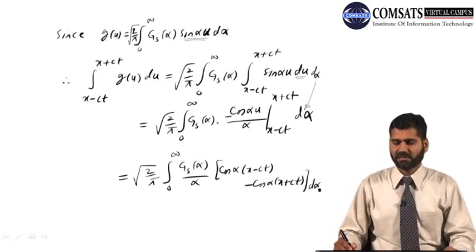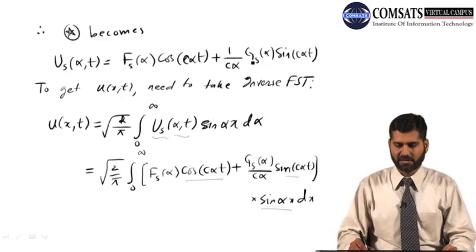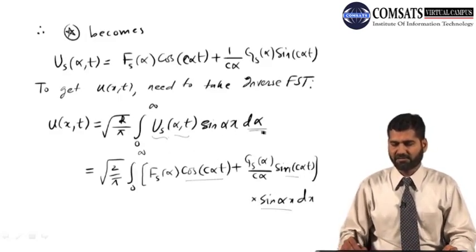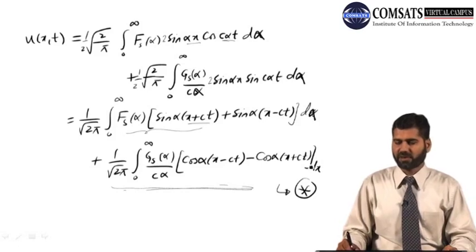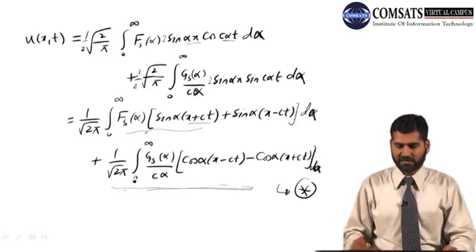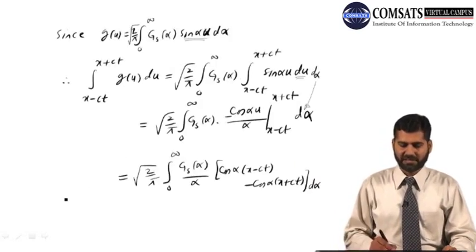and d alpha. Now you see this is the same, this is d alpha because we took the Fourier inverse transform. In the inverse transform we take integration with respect to alpha. So in star this whole thing becomes this d alpha. Alright. So therefore star becomes